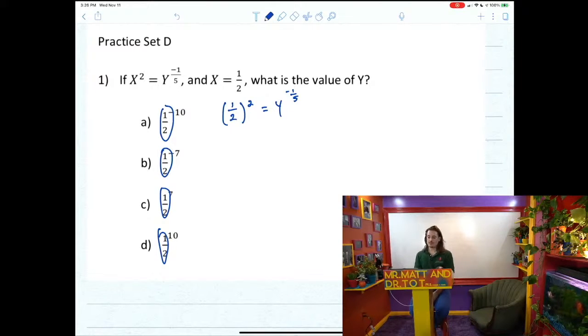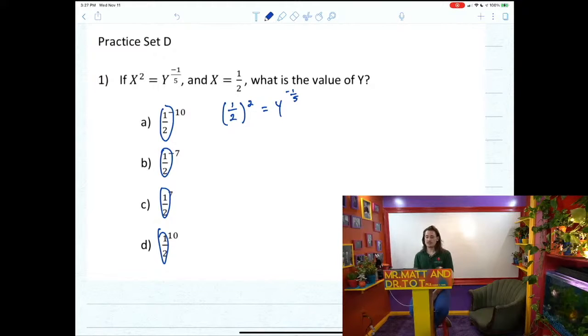I need to get y by itself. If they're asking me for the value of y, that's just another way of asking me to isolate y. So the thing that's keeping y from being by itself is that exponent of -1/5. Remember though that when we take a power of a power, if we exponentiate an exponent, then we solve that through multiplication. I can eliminate that exponent of -1/5 by multiplying by -5, because -1/5 times -5, those are inverses